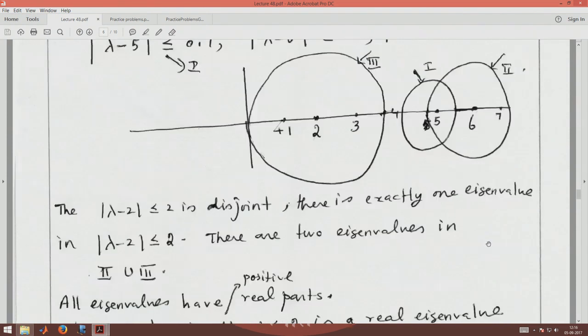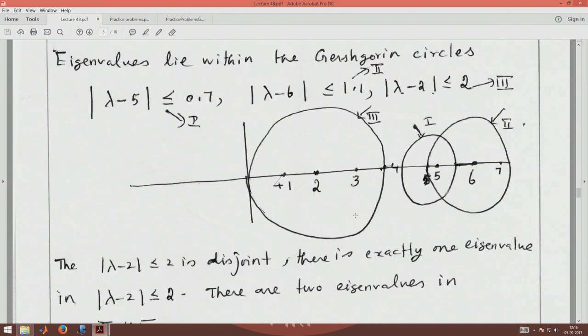So, finally we see that the circle which has its center at 2 and radius 2 is disjoint from the other two circles, which clearly tells us that there is exactly one eigenvalue in this circle which is disjoint from the others. And there are two more eigenvalues, and these two eigenvalues lie in the union of the other two circles which we have given. And we also observe that all the eigenvalues are real because they have a positive real